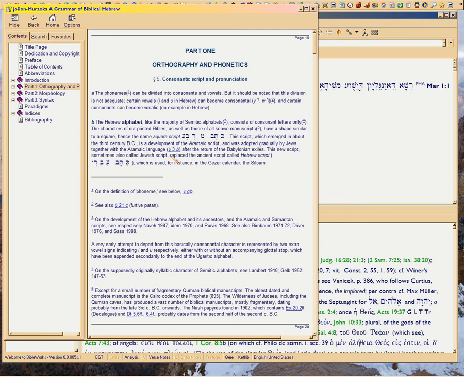He's saying that the square script is used. Oh no, he's replaced the script using. Okay, great. Those chicken scratches are used in the Siloam inscription. So the Siloam inscription is a lot older. This did not come about in the 3rd century BC, as you just saw from the chart, and could look at again in your copy of Gesenius and BibleWorks.